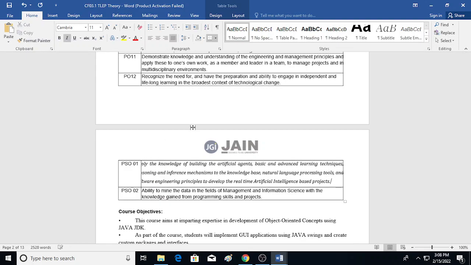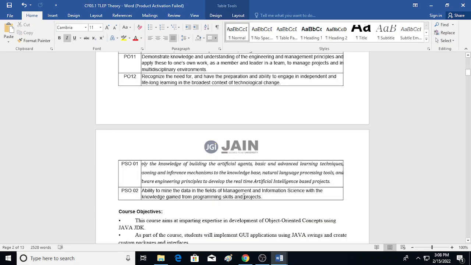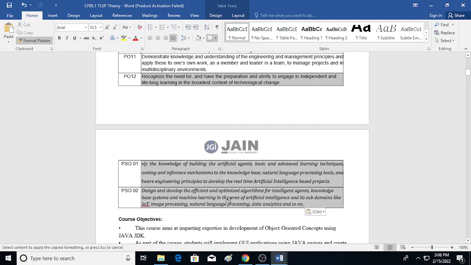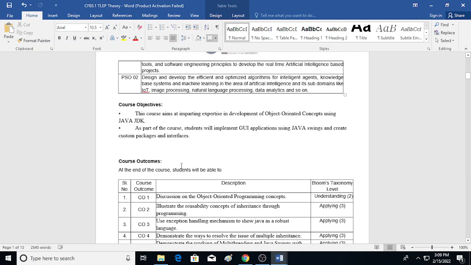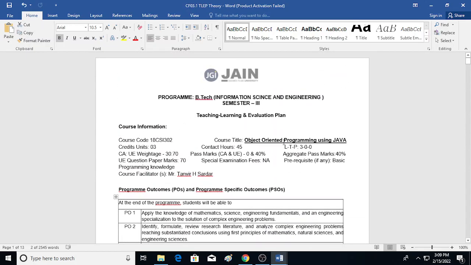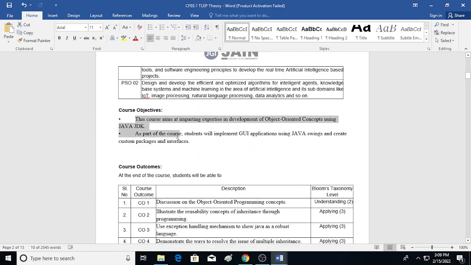This is a very generic thing at the university level, because you get the formats. You don't write the format from scratch, right? You definitely get the format from some other departments or friends and colleagues, so their own data will be there. You are supposed to keep on modifying it for your particular subject. Now the course objective: object-oriented programming using Java is the subject. So for this particular course, what are the objectives we have? These are the objectives you have written.